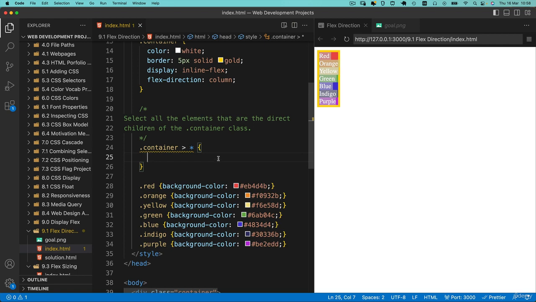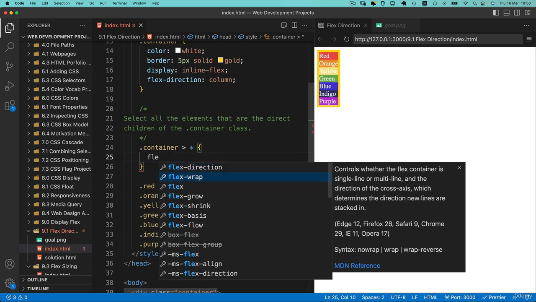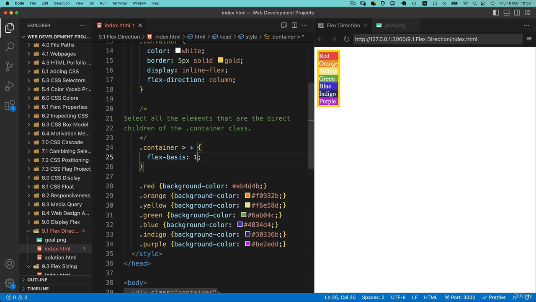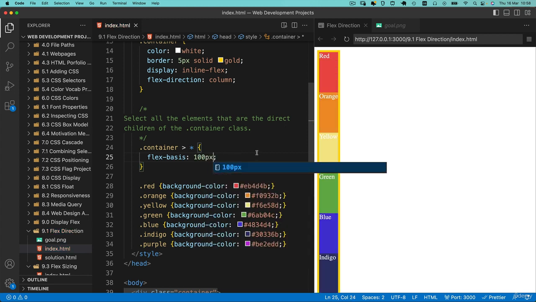And then we're going to change the flex basis to 100 pixels. And because our main axis is from top to bottom, because we've set the flex direction to column, then our flex basis, 100 pixels, will get applied to each of these child items,